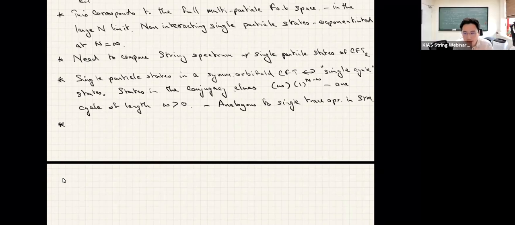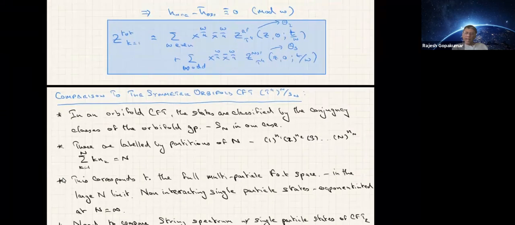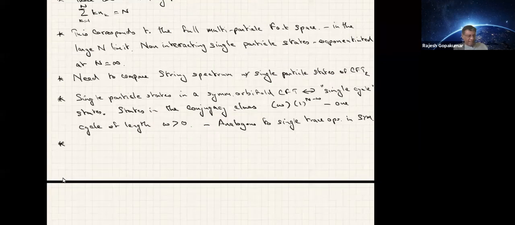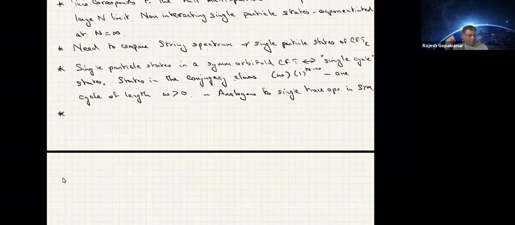So what I want to claim is that, in fact, this generating function that we had over here is exactly the orbifold generating function of the single cycle states. I won't go into a detailed proof, which you can see in our paper, or in an earlier paper that Matthias and I wrote, where this is spelled out. But just to give you a rough idea, the W cycle, the W twisted sector of the T4 orbifold, that means T4 to the n mod Sn, can be viewed as